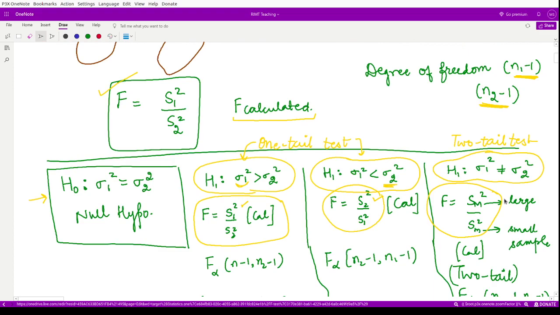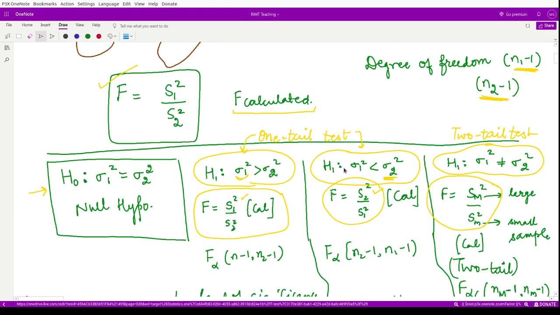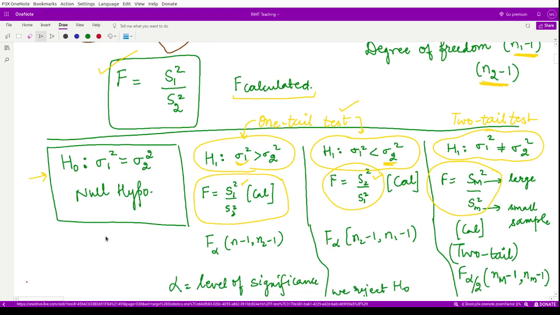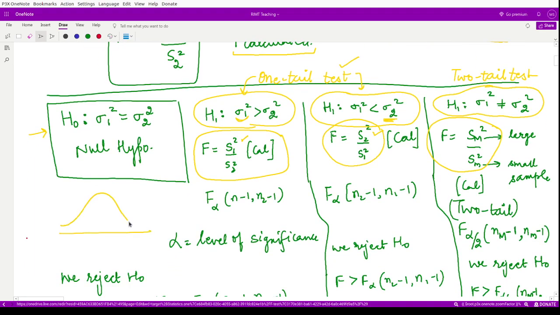For 2 degrees of freedom, now how will you test your hypothesis? For one tail test, we just have one portion of the distribution. So we will say this would be your critical region. If you wanted, say, to check your hypothesis at 5% level of significance, then this whole area would constitute the 5% of the total 100% area, right? So your critical value would correspond to this 5%, which is represented by alpha here, the level of significance.